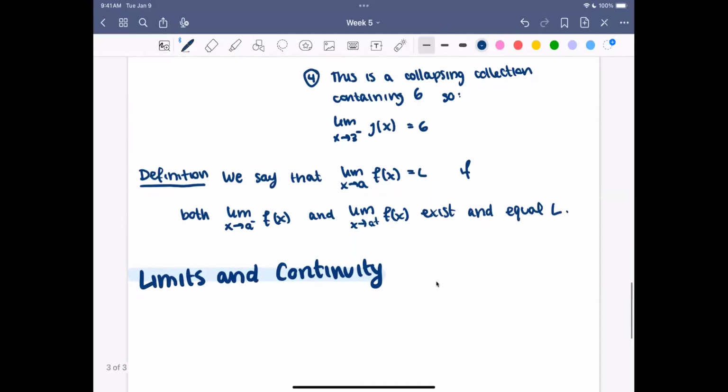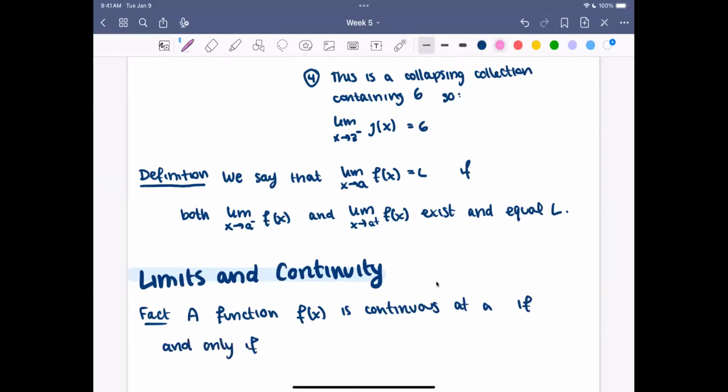So here's the fact. A function f of x is continuous at a if and only if,